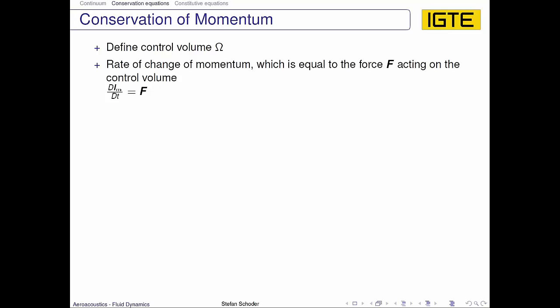Now momentum is conserved somehow, and the rate of change of momentum, which is equal to the forces F acting on the control volume, is more or less Newton's law: the total change of the momentum equals the forces. So from classical mechanics, the mass times the acceleration equals the forces, and this is more or less what is written here. So based on this definition,